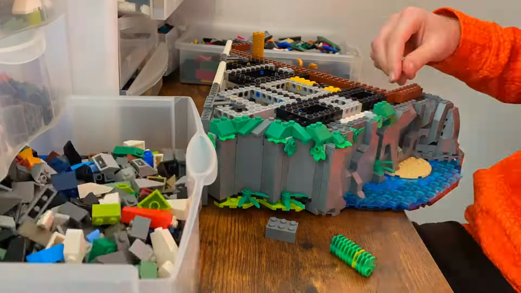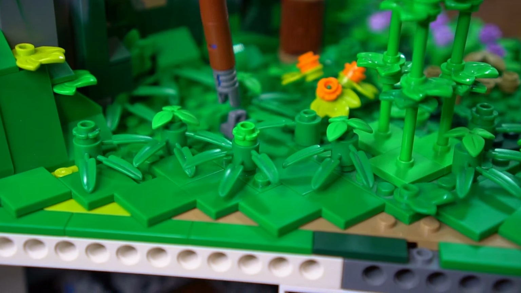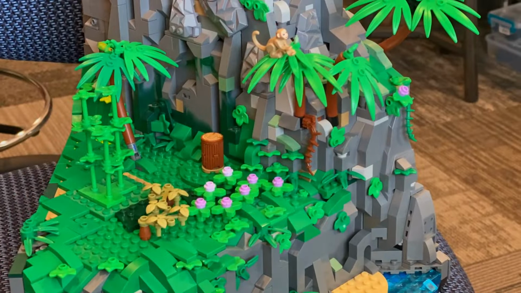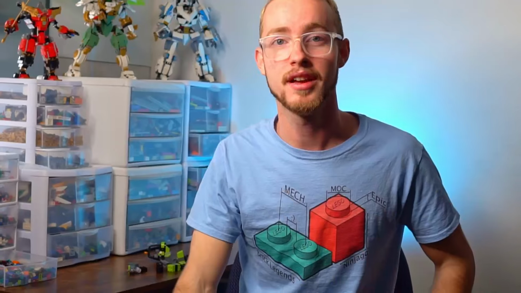I used plates to make a layer that I could build on. I made a whole bunch of different types of foliage separately. I made some bamboo. I just had this pile of plant pieces, and then I just started putting them all over this. Now it's time to turn this MOC around and look at the first scene we have, and that is Chen's